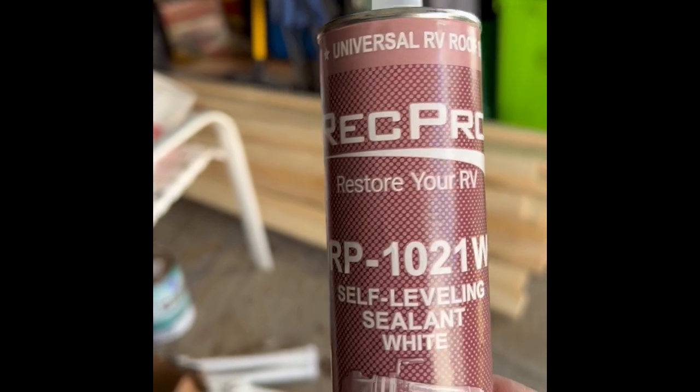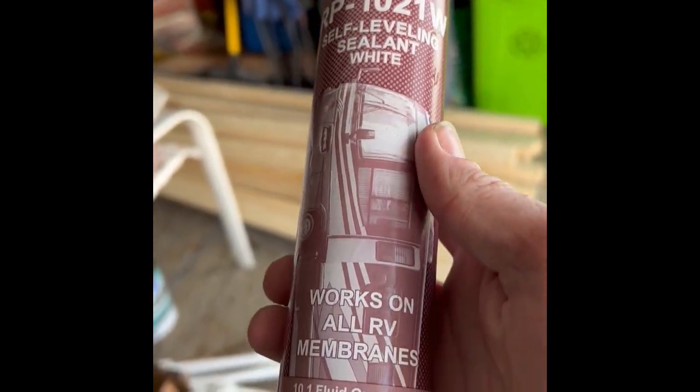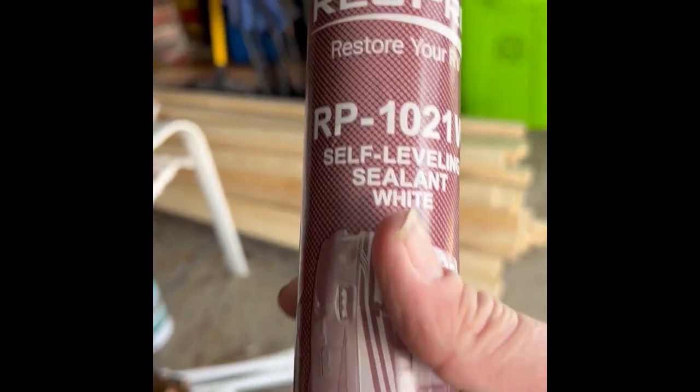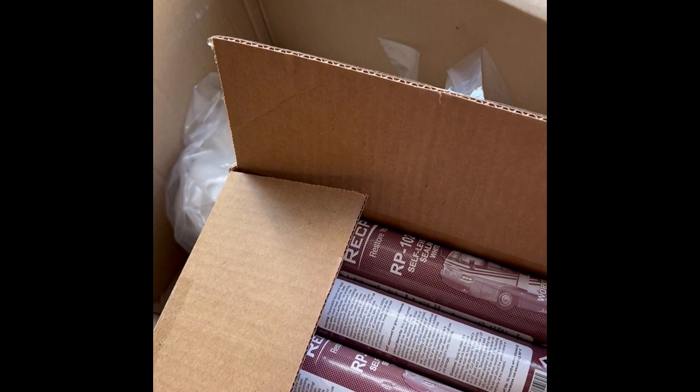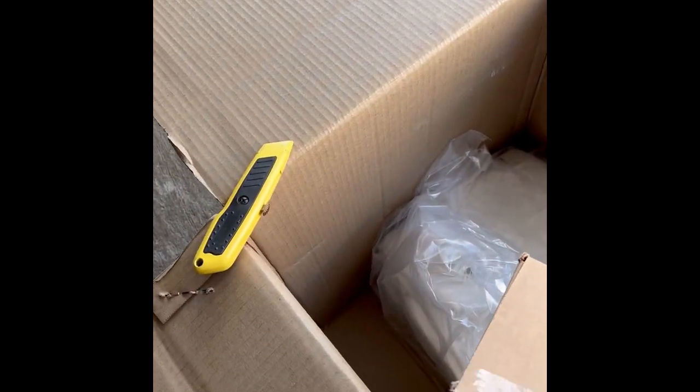Sealant. Okay. Got 4 of them. 4 of these. And